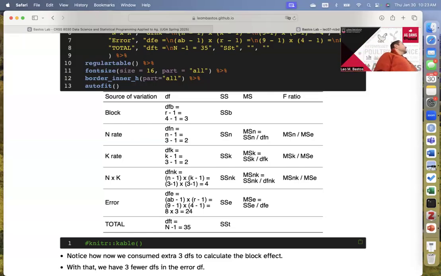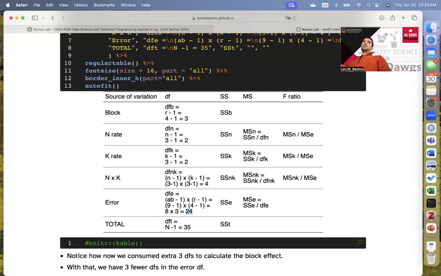That means that next year you could run a CRD, but this year you already ran this. And if you had run this study as a CRD instead, you would have gained a little bit more power because you would dedicate these 3 degrees of freedom back to your error, right? So if you run RCBD and block comes back as non-significant, it means you could have been more powerful